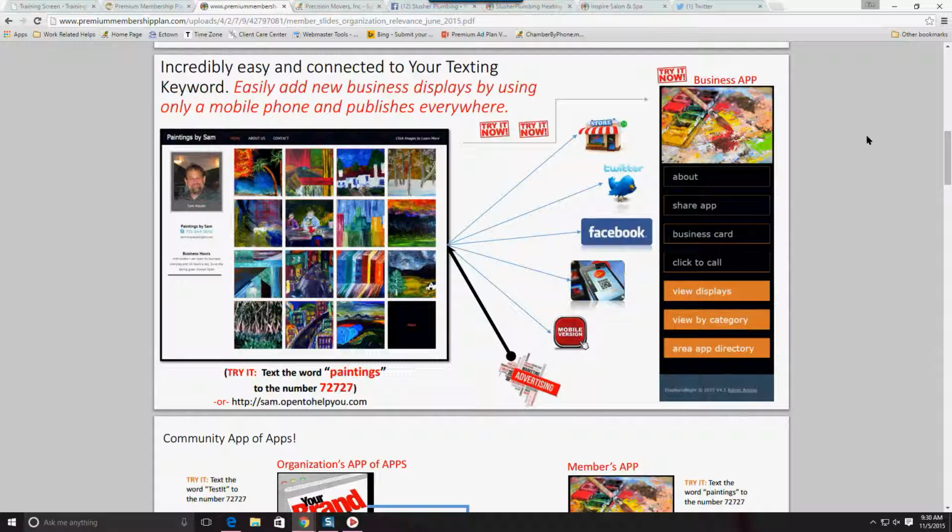We can also generate a QR code that will direct people to your storyboard site. It can also be connected to Twitter, where every time you update your website and add new information or a display, it'll automatically send a post to your Twitter account and notify people that you have updated your website, and it will give them a link. Because Twitter is very limited in characters, it'll basically say, new information is on our website, and provide a link where people can click and go directly to your storyboard website.